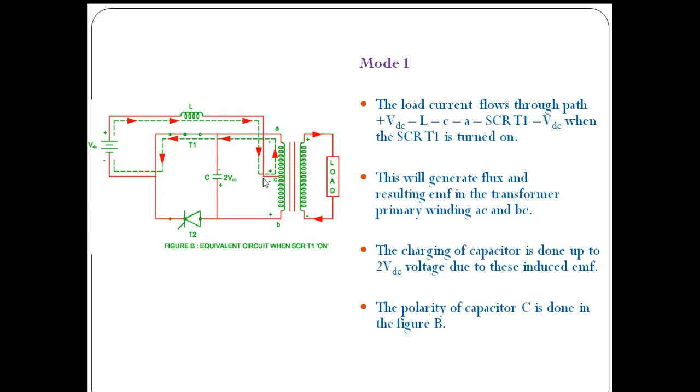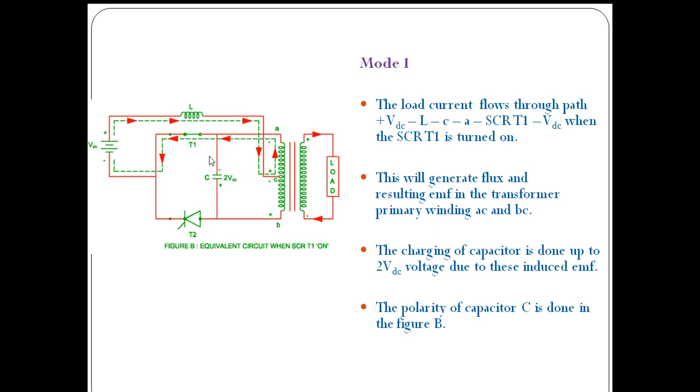Now in the earlier case current was going from bottom to top, now current is coming from top to bottom. So with this polarity the capacitor will charge. On the upper plate we will get positive polarity, on the bottom plate we will get negative polarity when T2 is in conduction. So like this